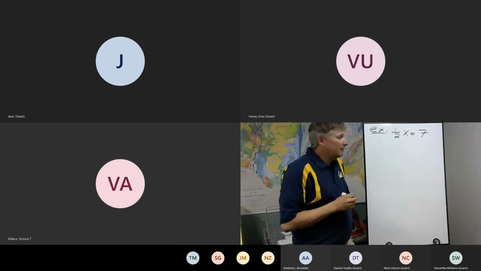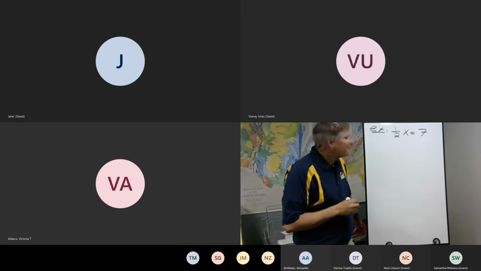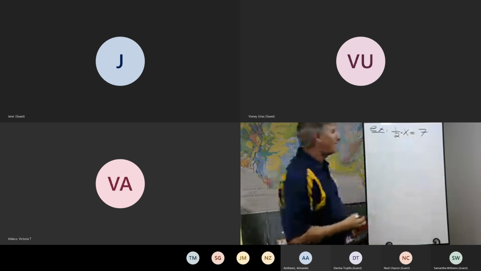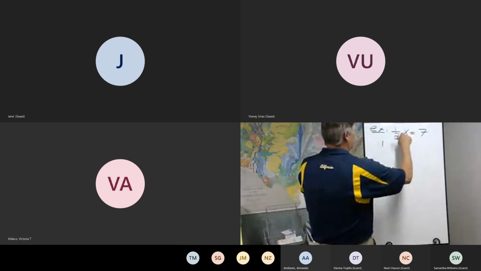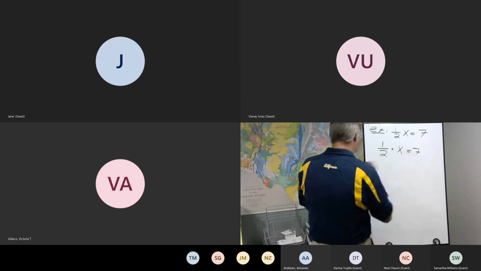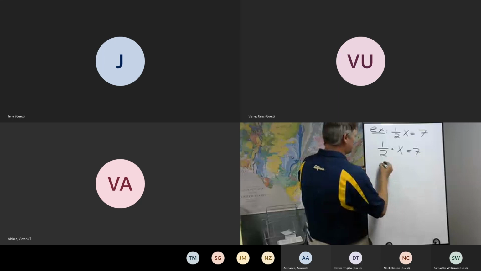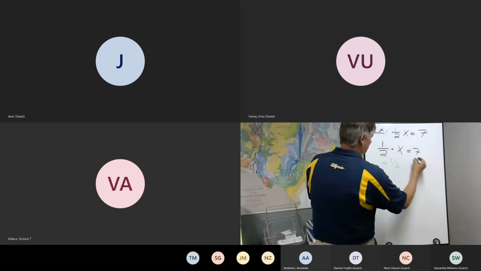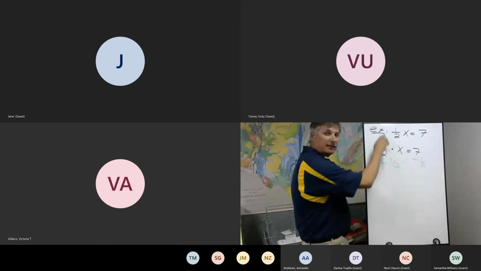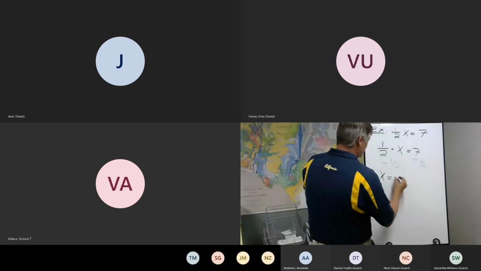Let's say we have something like this. 1/2 x equals 7. Well, this is a multiplication, so you want to do the opposite of multiplication. So we're still going to divide. If we're multiplying by 1/2 and we're dividing, they're going to cancel out. We'll get x is 7